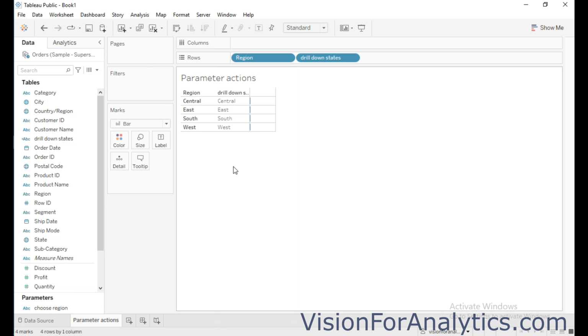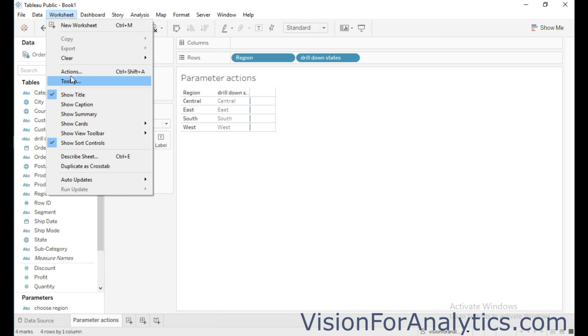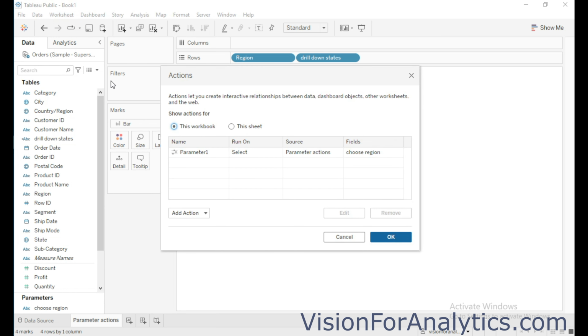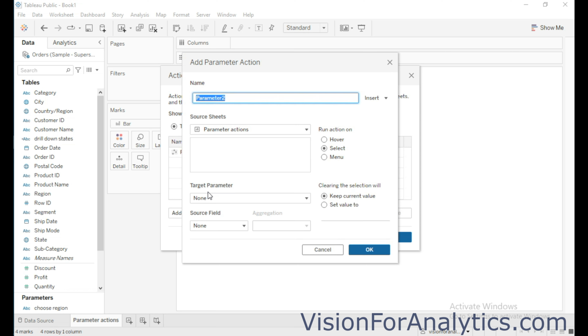So to add a parameter action to this view, we need to go to the worksheet and click on actions, then click on add action and choose this option, change parameter. I will name it as region state action. The source sheet is parameter actions and the target parameter is choose region,